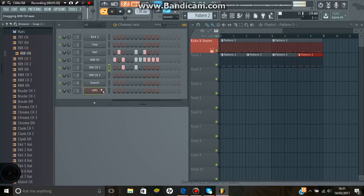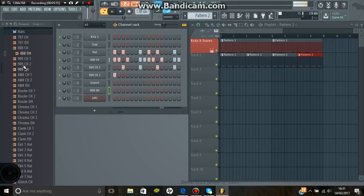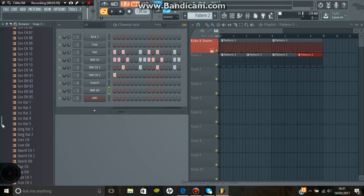So for this last one, I'm going to make it an open hat, and I'm going to make it specifically an 808 OH. That is actually a bit of a tongue twister. So now we just need to fill this little bit in with something. And let's find just like a nice sounding little...